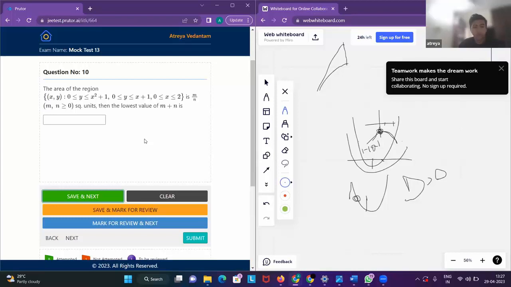So we want to find the area under that curve. But you know that x plus 1 and x squared plus 1 intersect at x equal to 1, right? So essentially the integral is from 0 to 1. We integrate under the parabola, because the parabola is a tighter constraint, right? Because y has to be less than both the parabola and the line. The parabola is a tighter constraint from 0 to 1, and from 1 to 2,